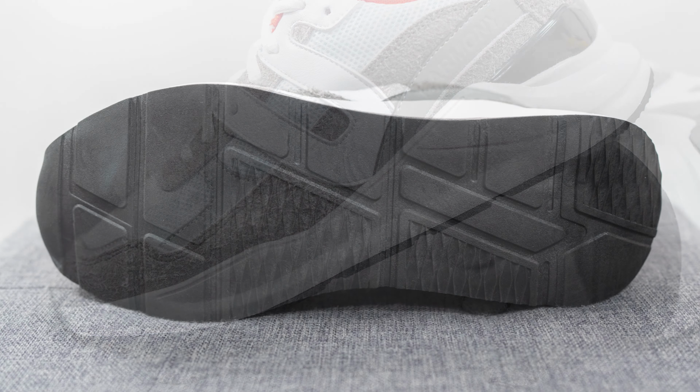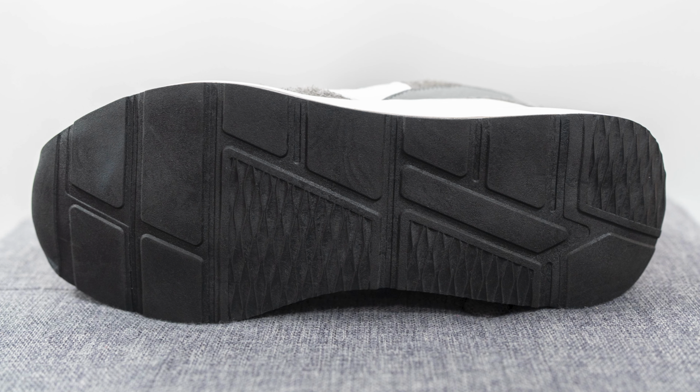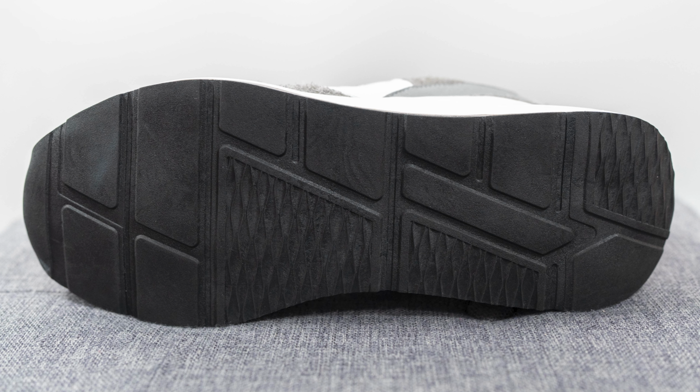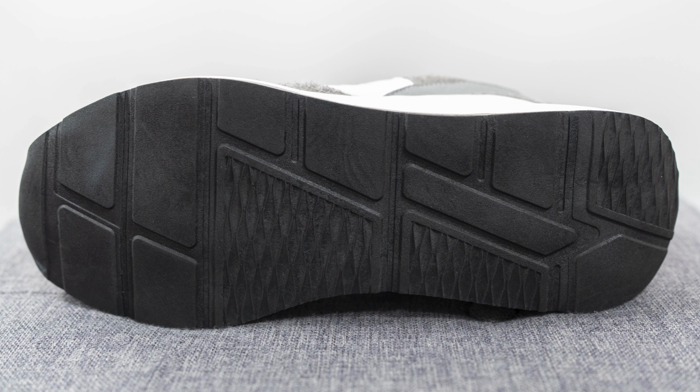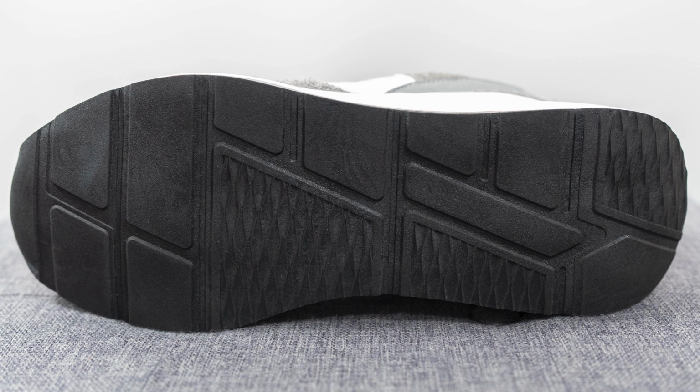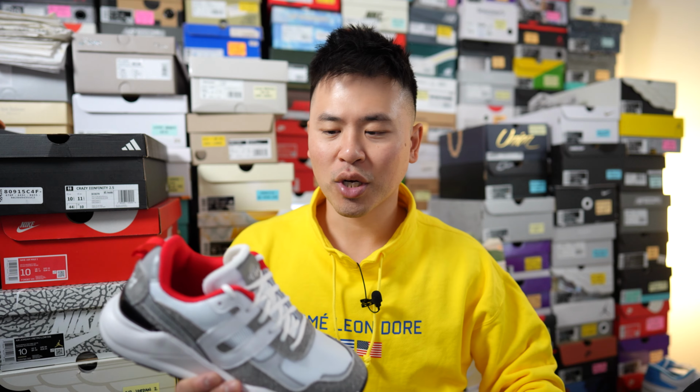And then turning this pair over to the bottom, this is a very simple black colored outsole with a pretty minimalistic traction pattern, to be honest, but it does have this sort of wavy pattern to it on the medial edge in the middle, along with the lateral side of the heel. So that breaks down the look and the construction of this pair, and for those wondering about sizing, my foot